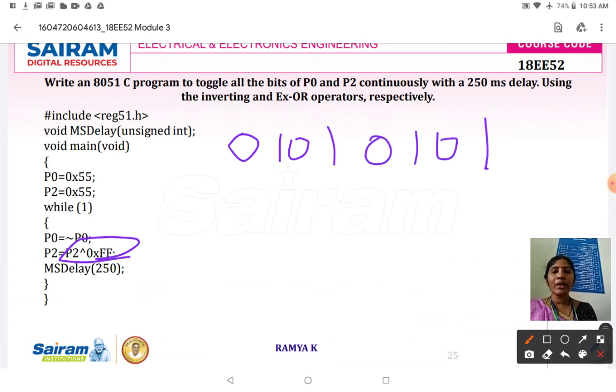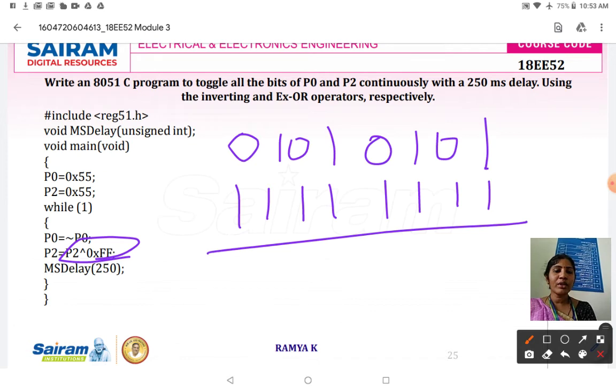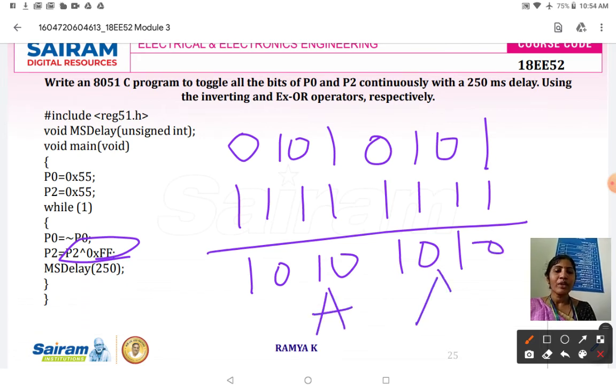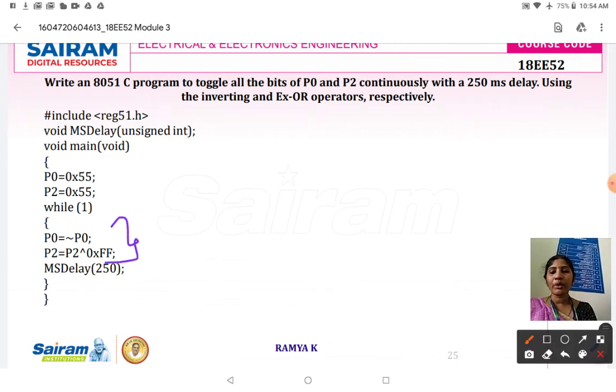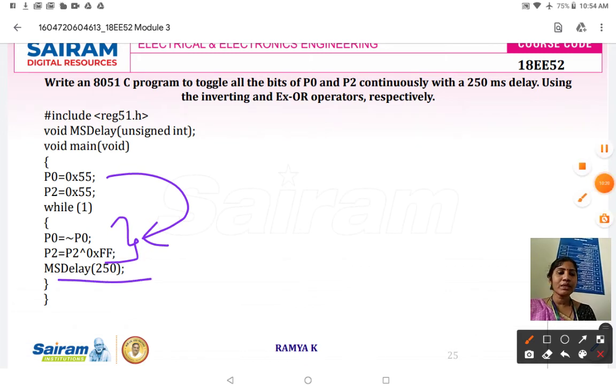When I do an XOR operation with FF, which is 1111 1111, I will get 1010 1010, so this stands for A and it is also A. So with the help of the NOT inverting and XOR operation, we have toggled the bits of port 0 and port 2 continuously with a delay function of 250 milliseconds.